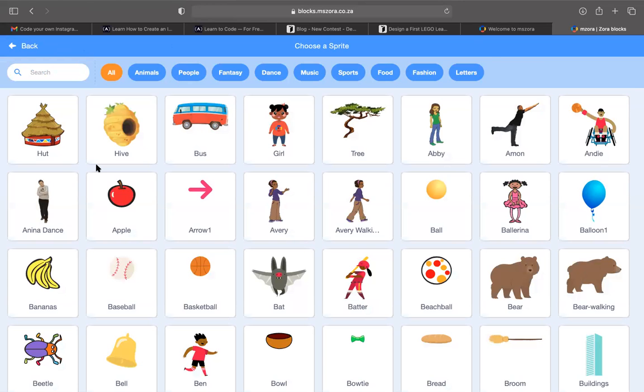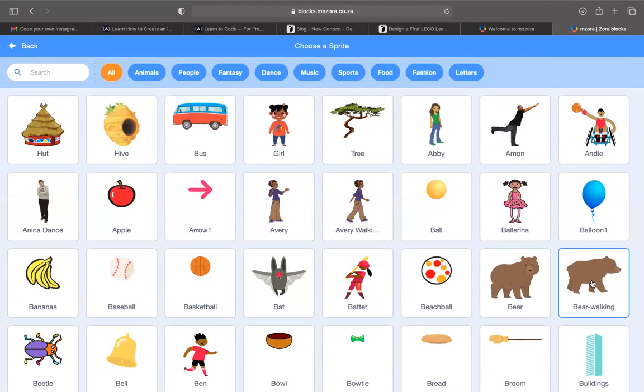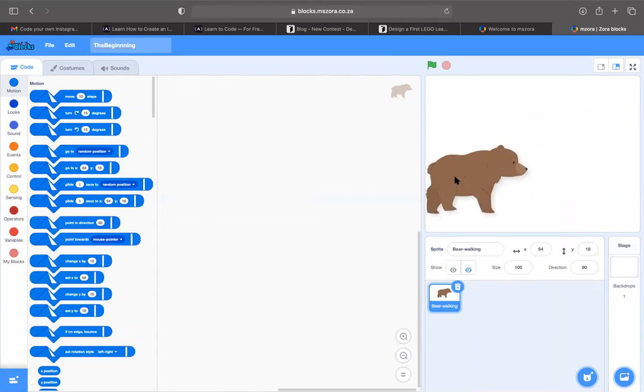And I see there are new sprites for us. So let me see if there's a sprite that I like. So let me choose this bear. First, maybe I like bears, all right? And then I'm going to choose another sprite.